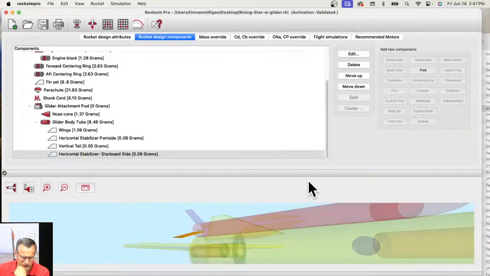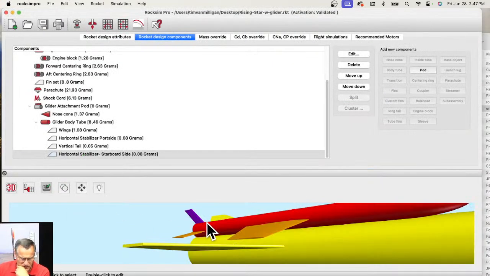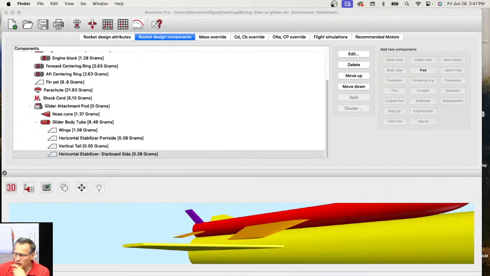Now, let's see if that changes how the glider came off the rocket. The last time we launched, the rocket went up and the glider came off, but then it just went down in a spiral going downwards. So now let's hope that the glider will pitch up. Let's see if that happens. So I'm going to save this,